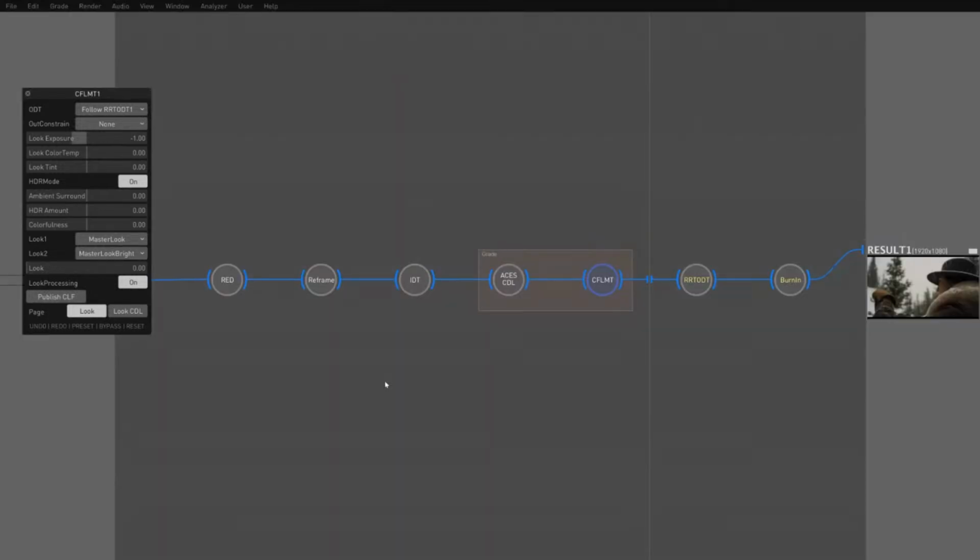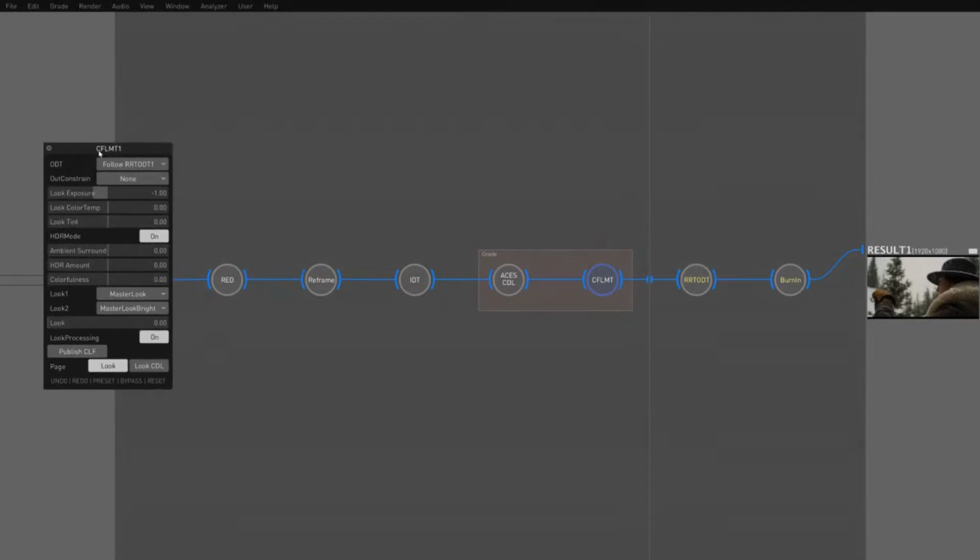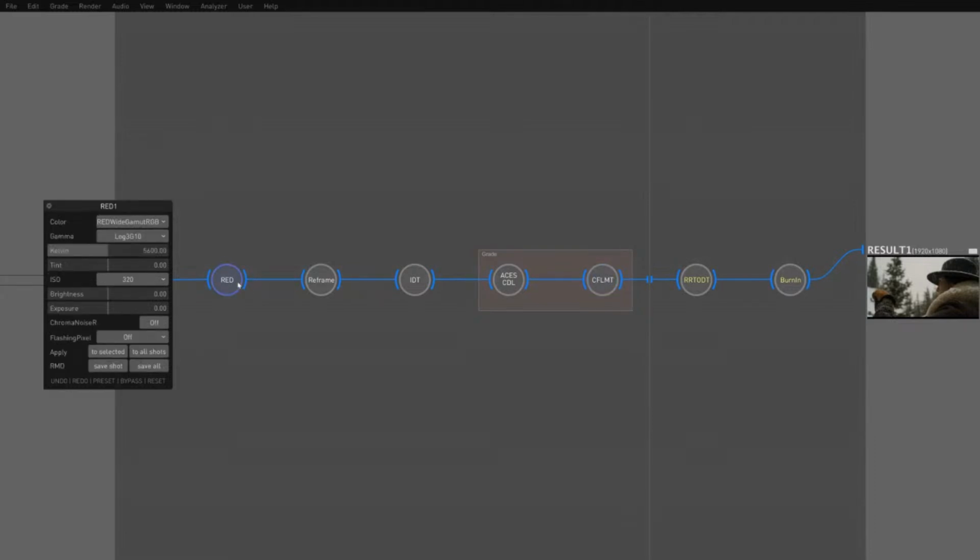And so if I go into our node tree, this is the essence of the Colorfront color pipeline and how things work. So the very first thing you see is your RED node. RED is the debayer, right? Because RED is a file that needs to be debayered. It's different than, say, an HEVC, because HEVCs are already one color typically, so you don't need to debayer them.